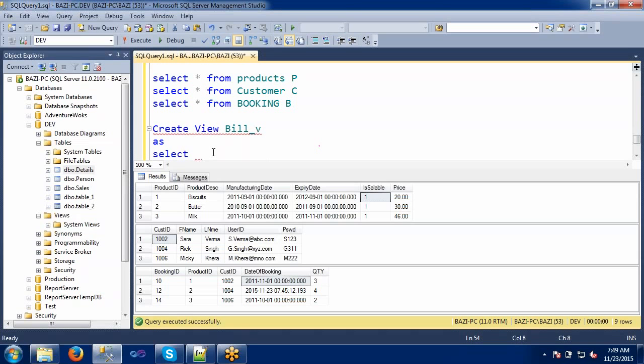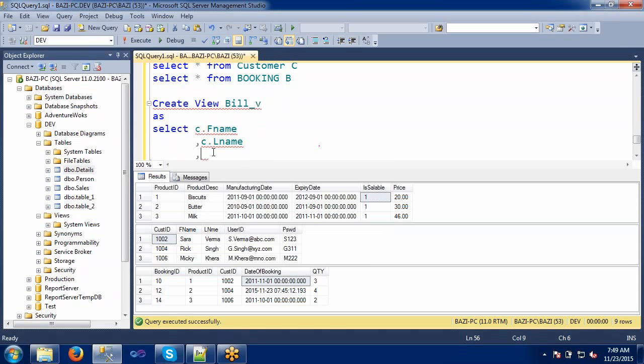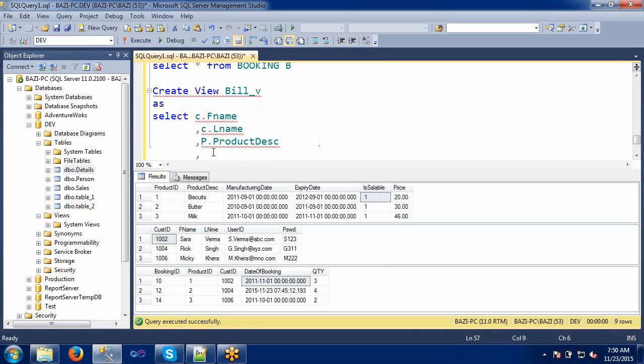What are the columns I require? First name I require, right? So customer dot first name, and what else do I need? Customer dot last name, product P dot product description, and I need the booking date also.